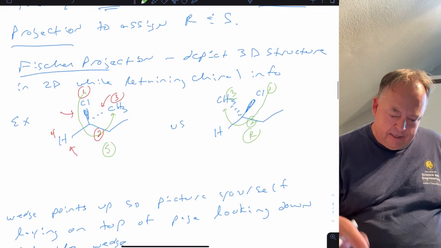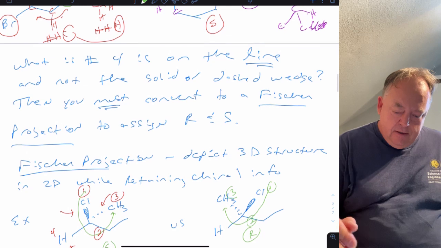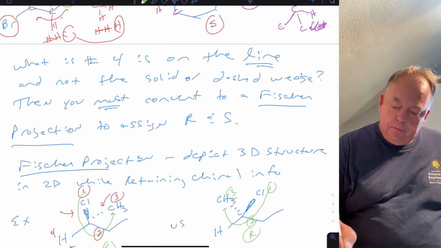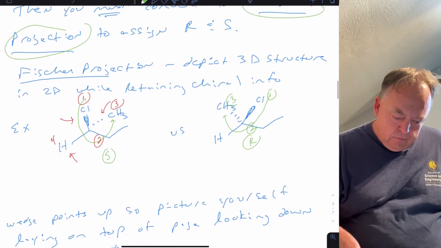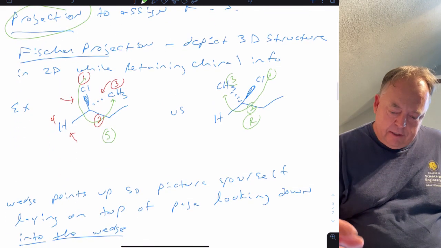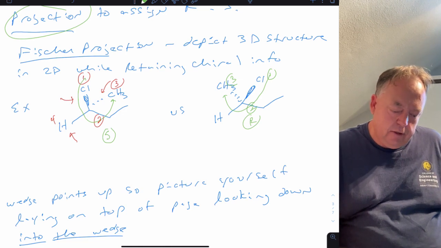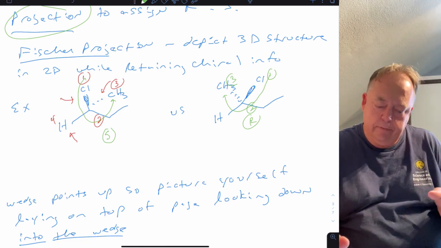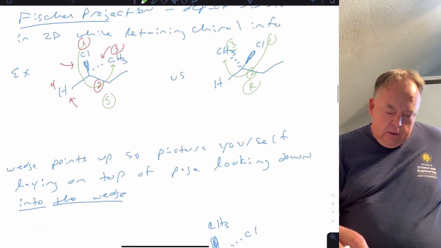And that method is, if number 4 is on the line, then we have to use a Fischer projection to figure out if it's R or S. A Fischer projection is kind of like a Newman projection. We're going to take a 3-dimensional structure and write a 2-dimensional drawing that retains the chiral information. Okay,